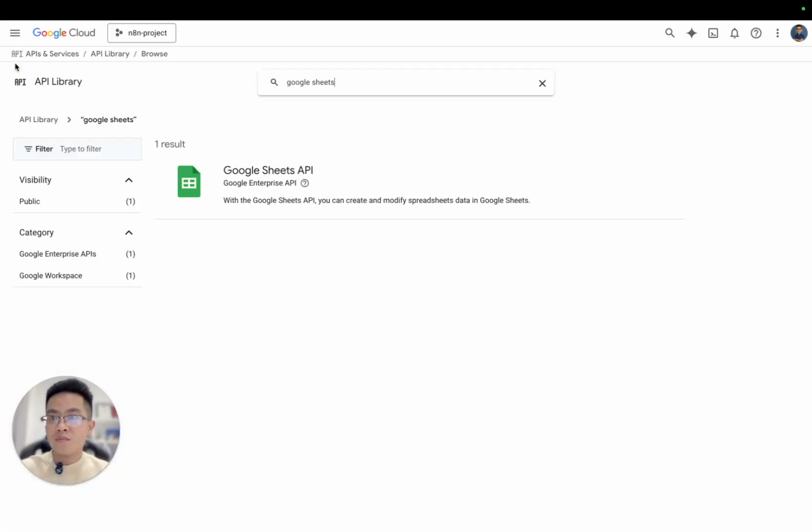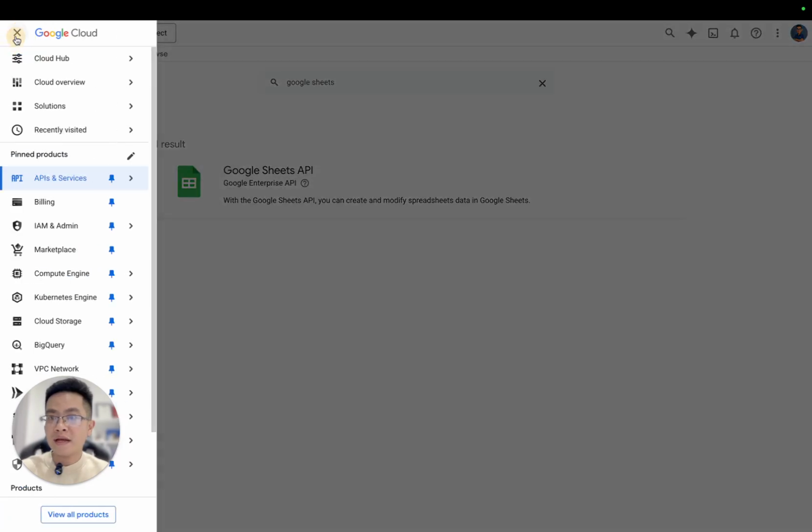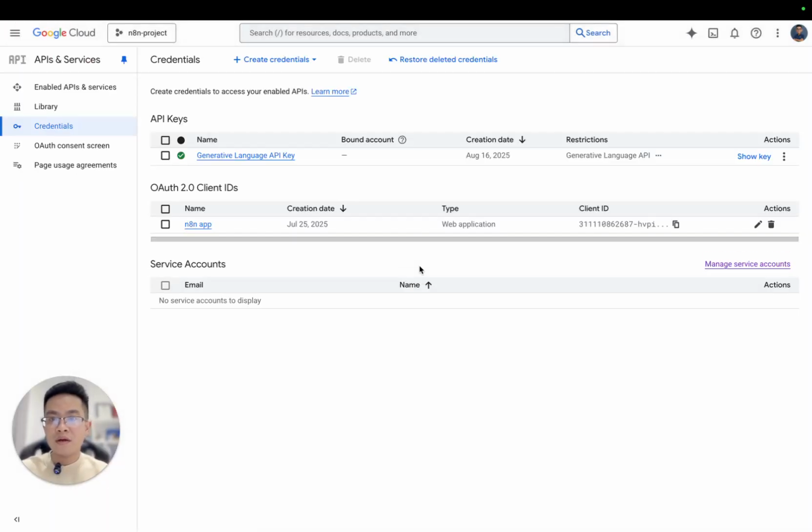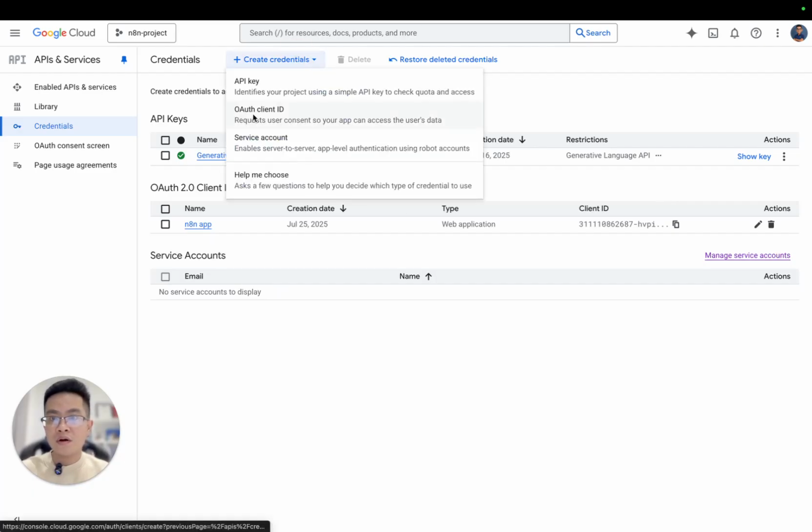So we have both required APIs enabled, and then next we go to API and services, and go to credentials. Right here we're gonna use OAuth 2.0, right? And then I'm gonna create a new credential. So OAuth client ID, okay, click here on these options.